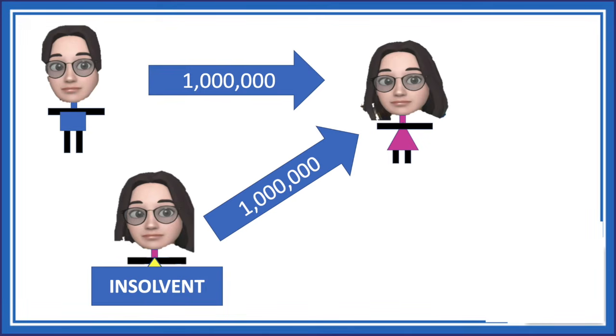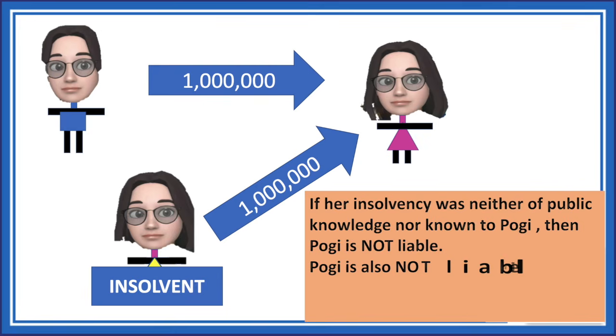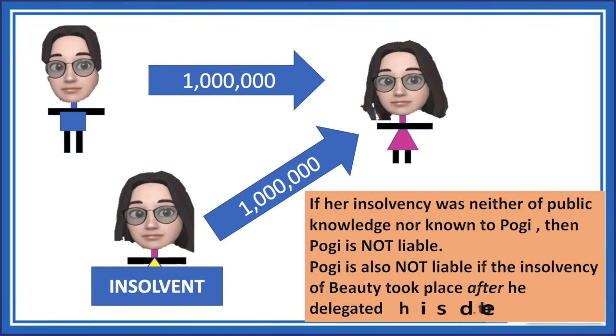Di ba? Hindi siya nung public knowledge, yung first scenario na diniscuss natin kanina, and hindi din alam ni debtor. So, wala siya sa dalawang exception. So, yung general rule ang mag-a-apply, which is, ang sabi, hindi na daw mare-revive yung original obligation ni debtor. All the more pa nga if yung insolvency ni Beauty, in this example, ay nangyari after na nung delegation. After nang ma-delegate ni Pogi ang kanyang utang kay Beauty. Okay? That's it. Let's proceed to Article